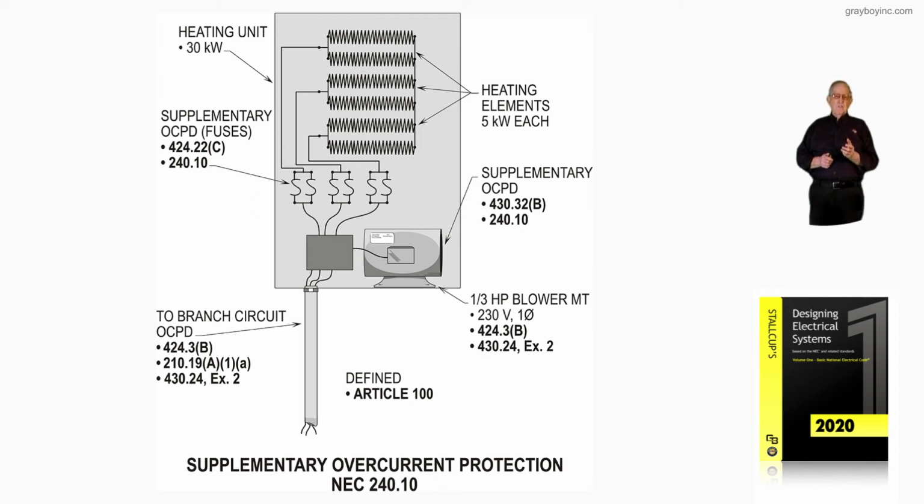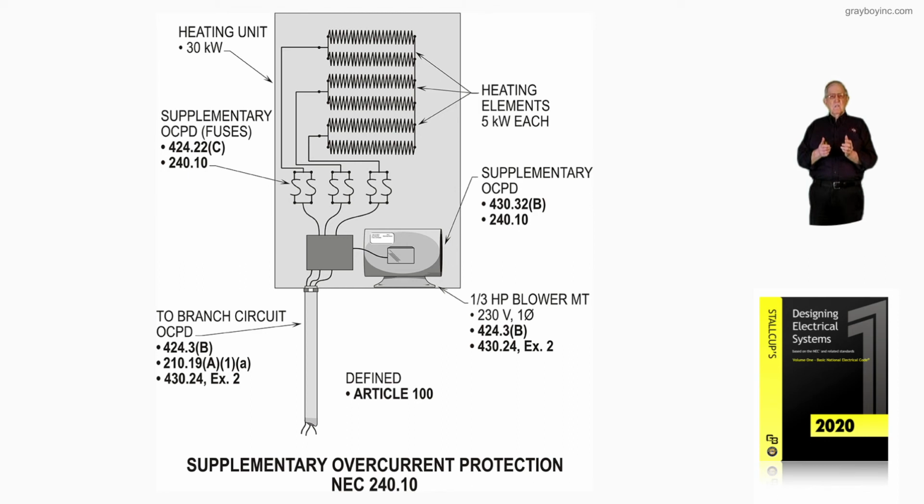And we know that NFPA 70B, Chapter 24, is going to refer us to Article 410 if we have lighting fixtures. So we know that supplementary protection is a downstream protective device that's in addition to the upstream branch circuit,